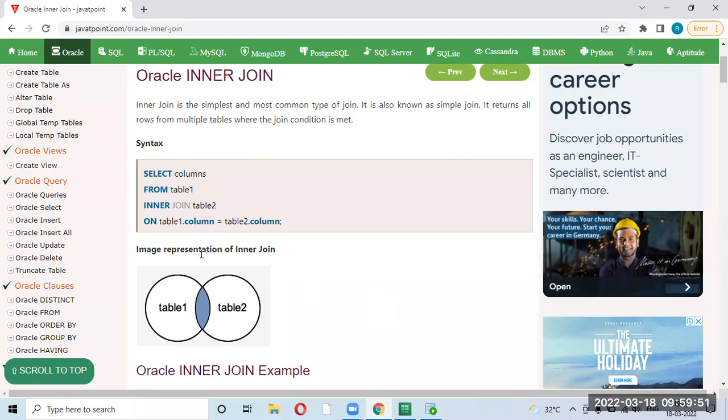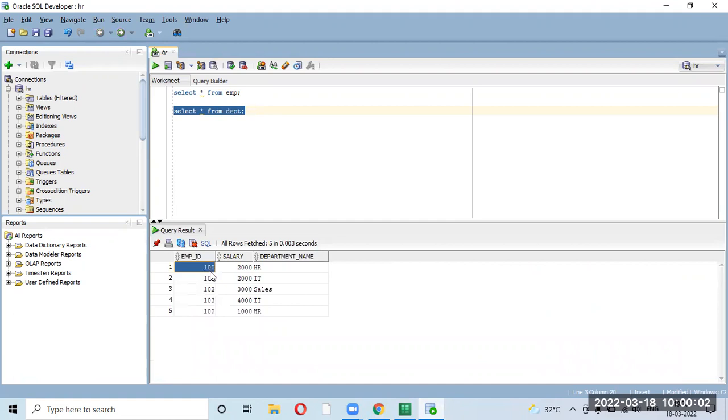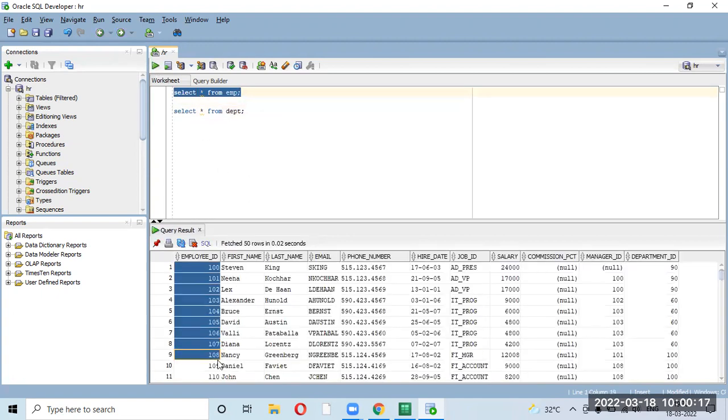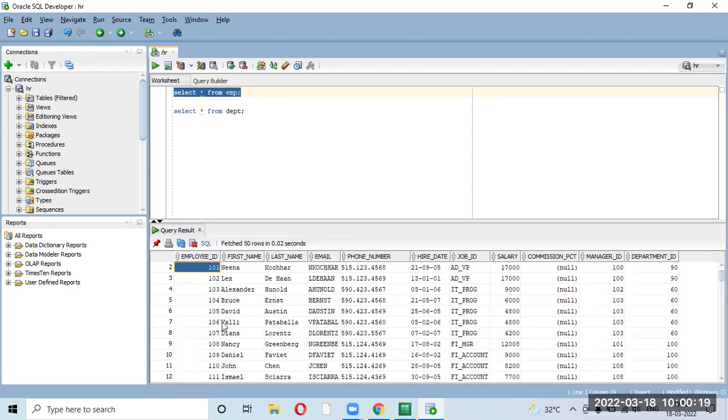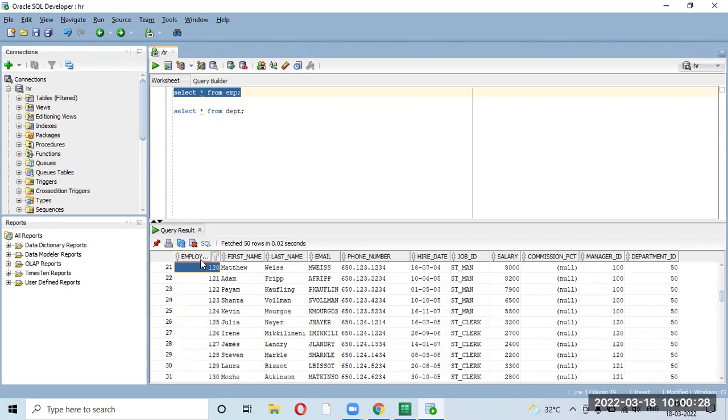For example, employee ID, if I do here, you saw in the department table how many employee IDs are there. Only 4 employee IDs are there. This is again a duplicate. So 4 employee IDs, 100 till 103. But in the employee table, you can see many different ones are there. Again, duplicates are there, but even if you go for unique ones, many are there, like maybe 106 or something we saw yesterday, right? So 106 unique records will be there.